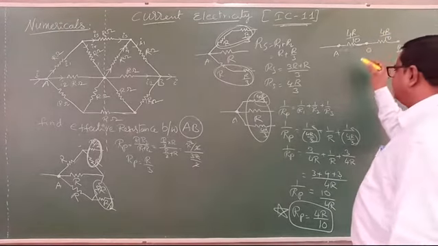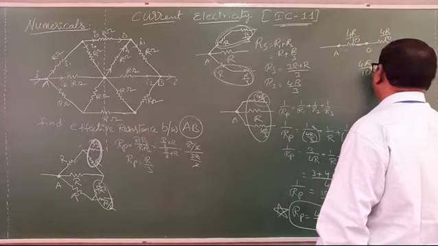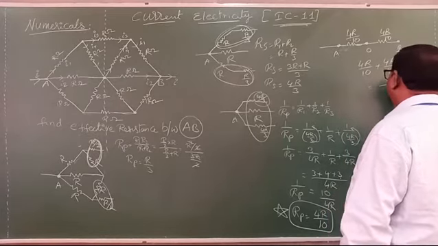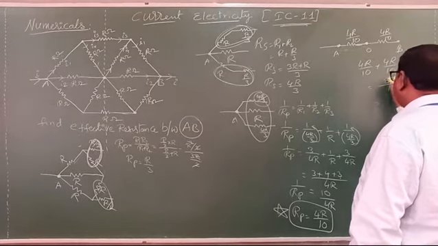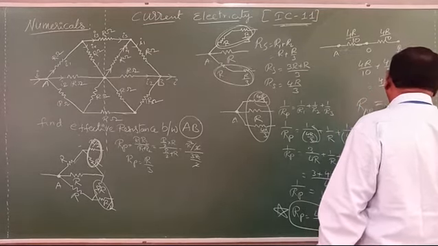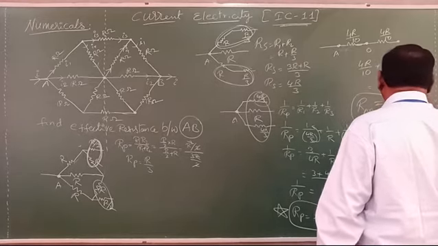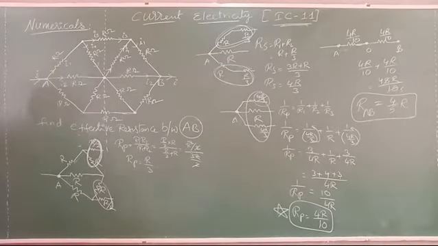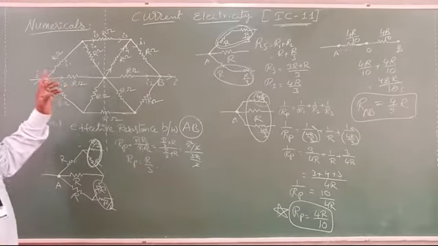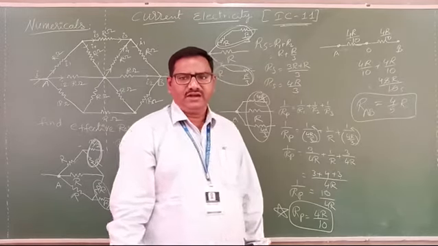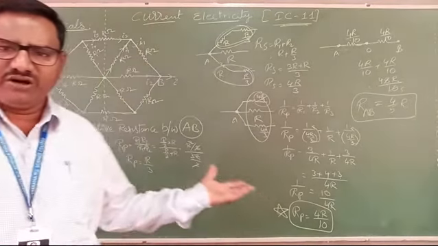Now these two are in series. Then how can you write 4R by 10 plus 4R by 10? Total LCM as 10. Then 4R plus 4R, total 8R. If you cancel the 2, 4 times here, 5 times. Then the final effective resistance between A and B is 4 by 5 into R. Suppose the R value is given as 1 ohm, the answer will be 4 by 5. If it is 2 ohms, 4 by 5 into 2 ohms, that means 8 by 5, like that. Clear? That was the last circuit.